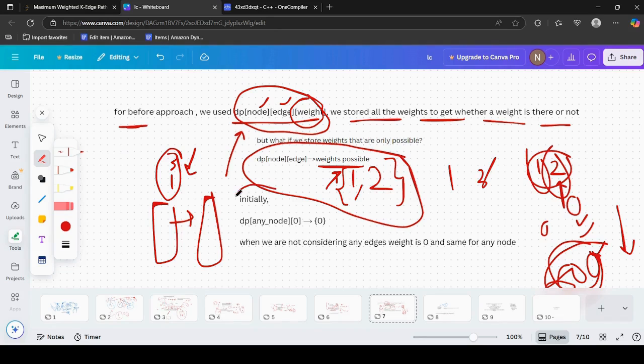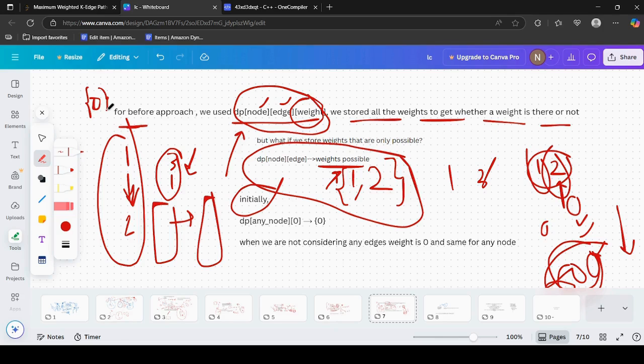So initially for any node, for example, let's assume this is the graph we have, and initially for every node there will be a set consisting of 0. It means that we are considering no path initially, so the weight is 0. So for any node with edge count 0, there will be a set 0, indicating that there is no path with 0 edges starting from any node. So that is initially the